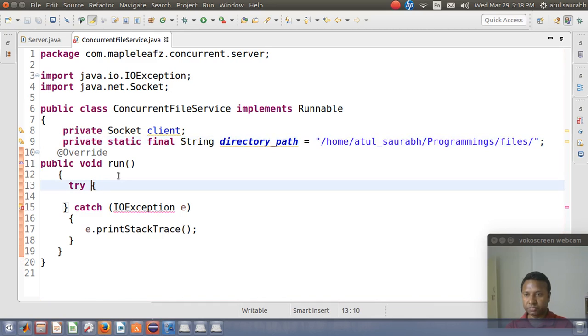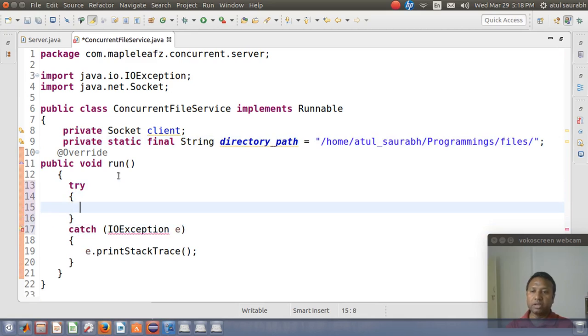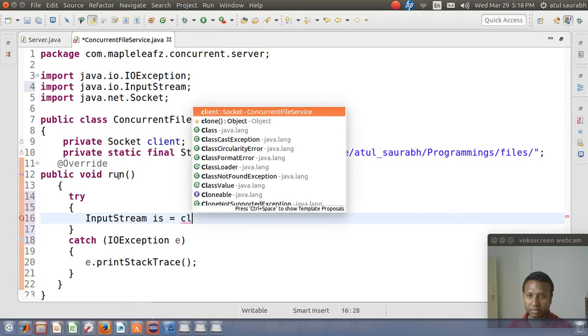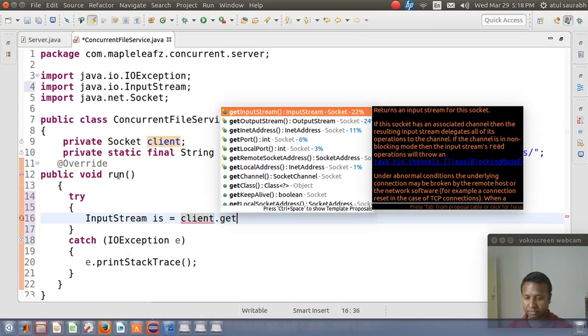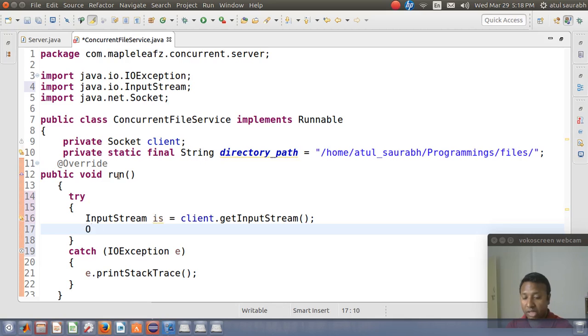Now, as usual, when the server thread wants to communicate with the client, it needs to have the input stream and output stream.